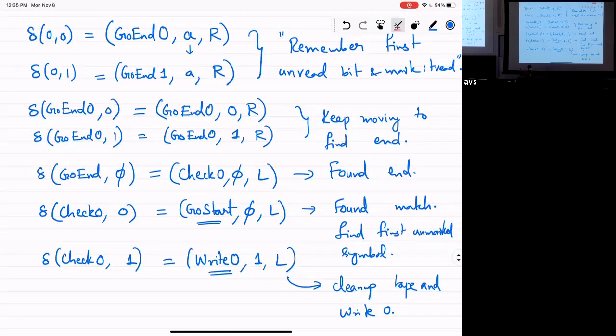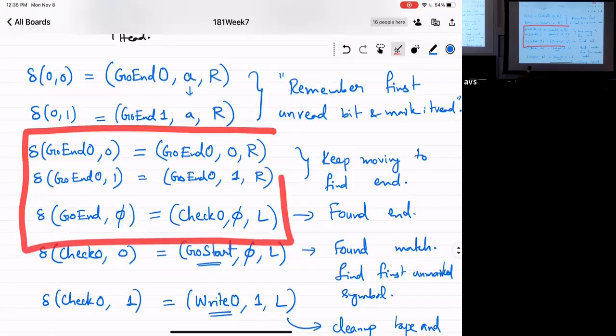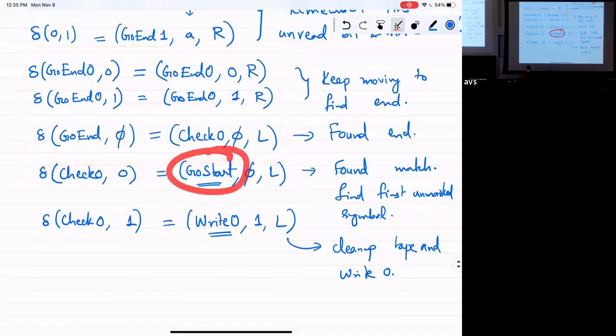Just scan to the end of the input. It's one line. But when you try to write it in a Turing machine, it's a whole bunch of instructions, right? And how do I implement go start? Go start for us means you have to keep going to the left until you find the last unmarked symbol, right?